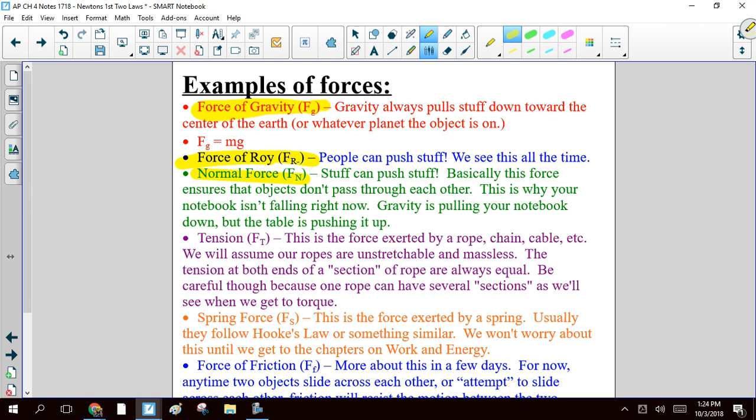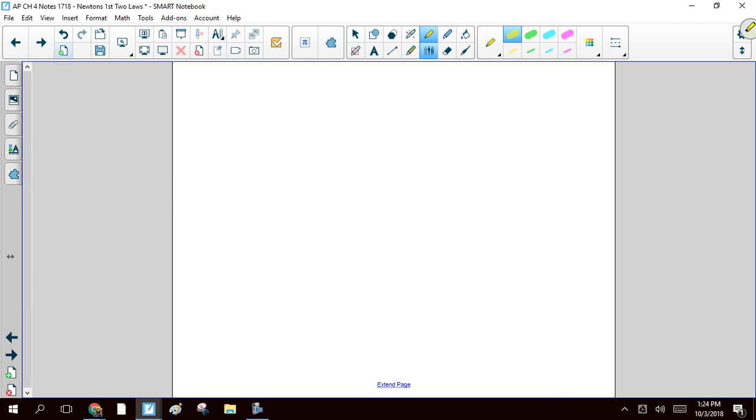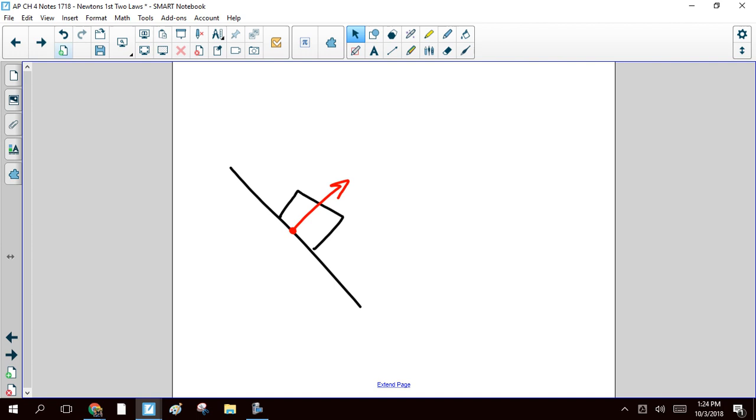Now, remember, this is a quick reminder. Normal force always acts perpendicular to the surface. So let me show you that real quick. If you've got an inclined plane with a box on it, your normal force always acts from the surface of the box and points up. Technically, last year we were drawing them with the arrow coming out of the box. This year I'm going to try to be a little more careful about drawing the force at the point of application. But notice this is in fact perpendicular, and no matter which way the ramp is facing,